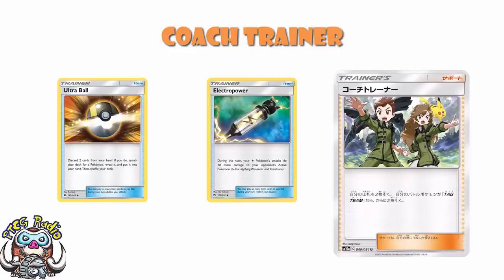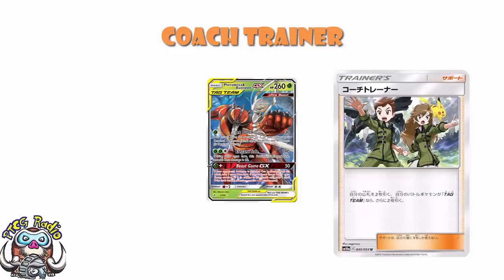We've had a quad Buzzwole and Pheromosa deck, which has been doing rather well over in Japan, and the only Pokemon it plays is 4 copies of Buzzwole and Pheromosa, or Pheromosa and Buzzwole, I think it actually is. Which means that you are always going to have that active. Problem is, and this is one of the biggest problems for this deck as a whole,